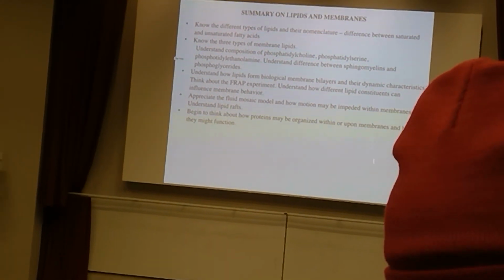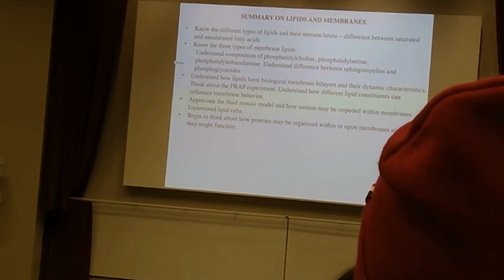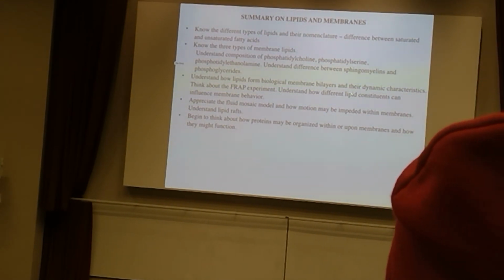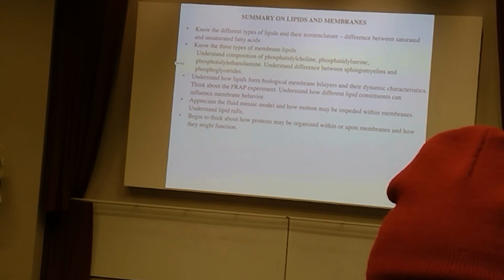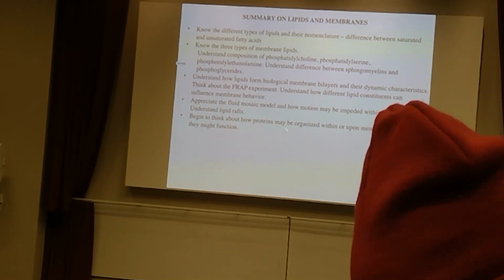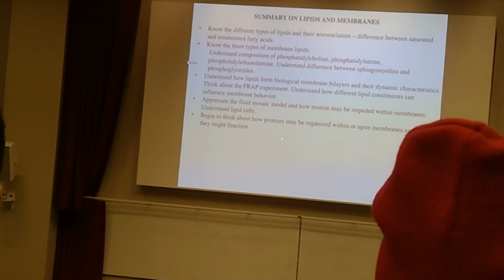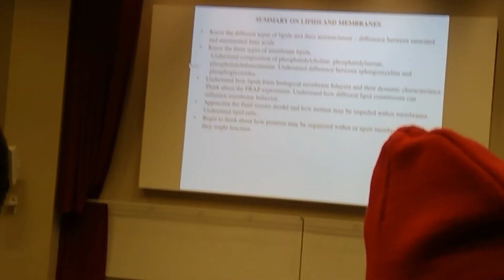Understand the significance of photobleaching and the experiment and how that can be used to understand the features of the cell membrane, and understand how that was used to establish the fluid mosaic model and how that model has been fine-tuned. And then on Thursday, we'll get into this issue about how proteins can be organized on the cell surface and how they can be used